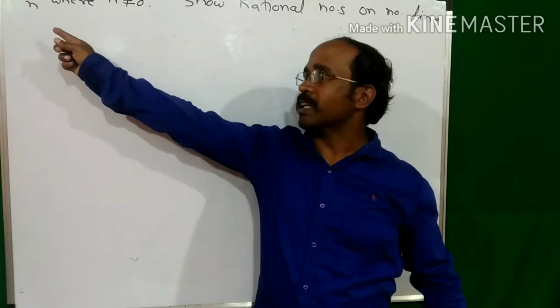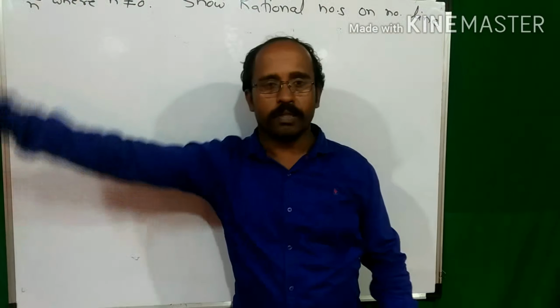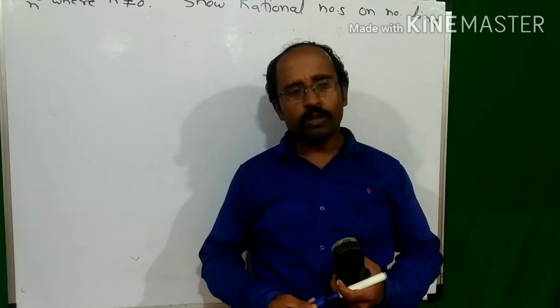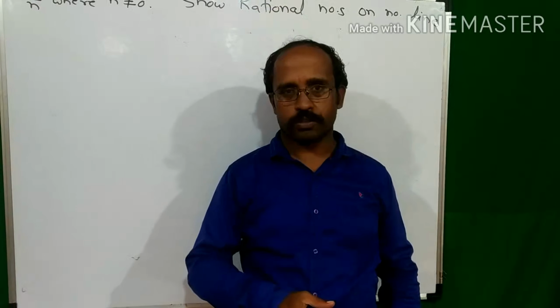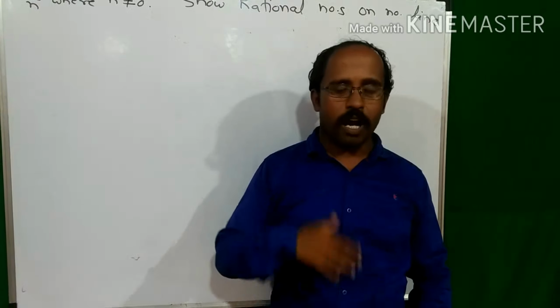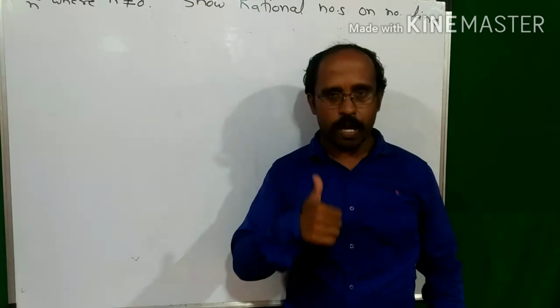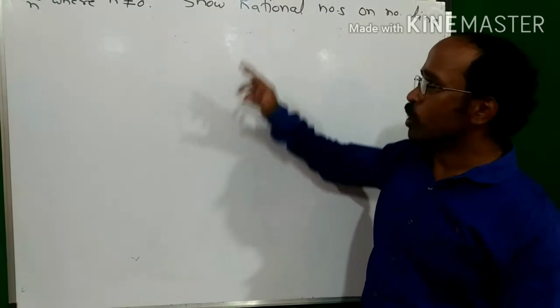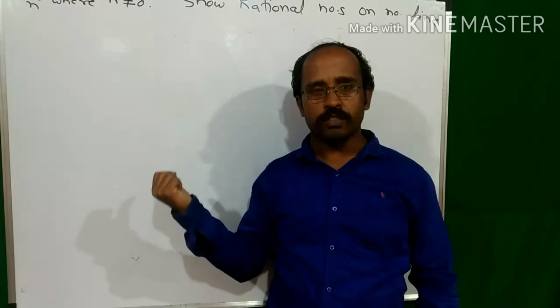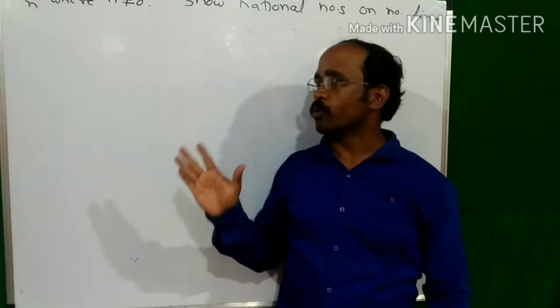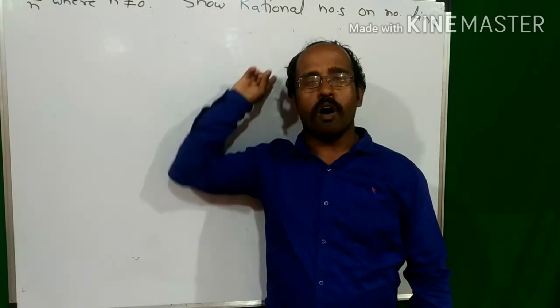Okay, students, rational numbers normally are in the form of m upon n, meaning they are identical to fractions, right? So the system which we have already used in 6th standard, I hope you are remembering something, and as I start, you will recall it. I am confident about it. The system of showing fractions on a number line, the same system we have to use to show rational numbers on a number line.